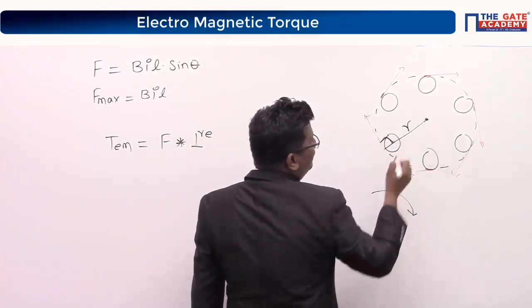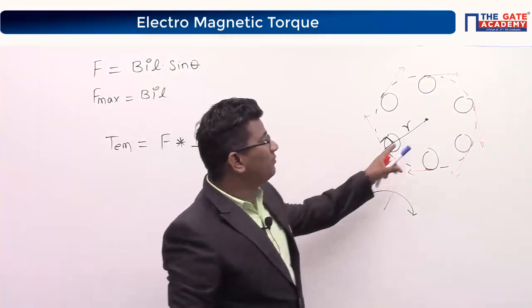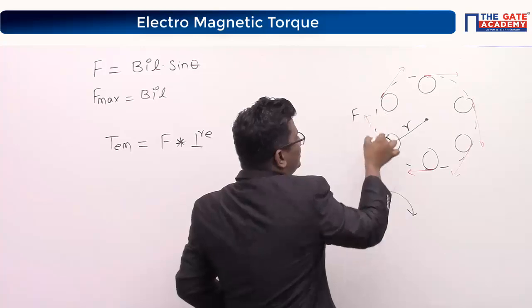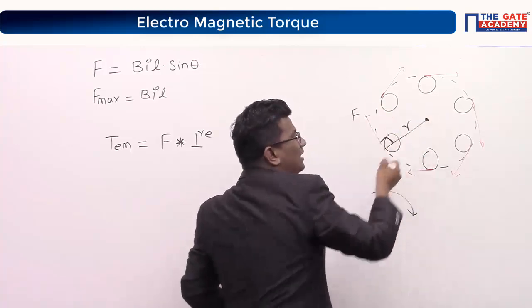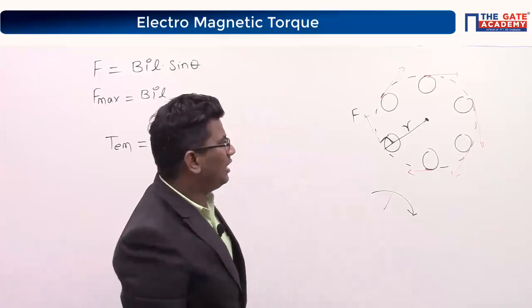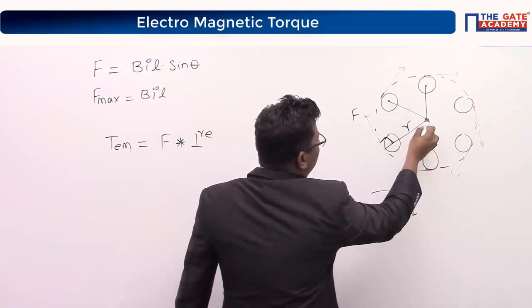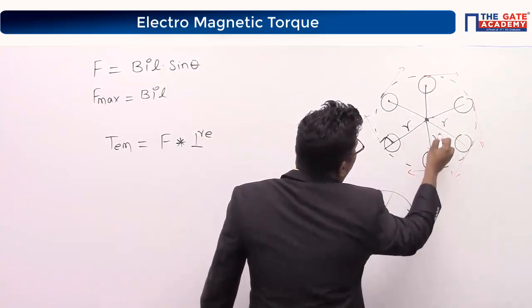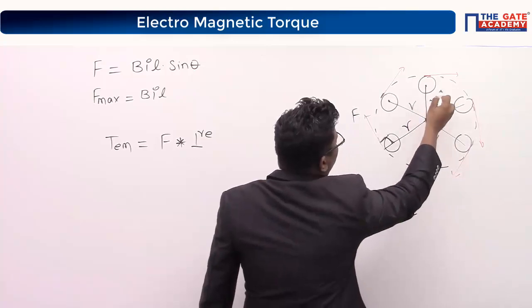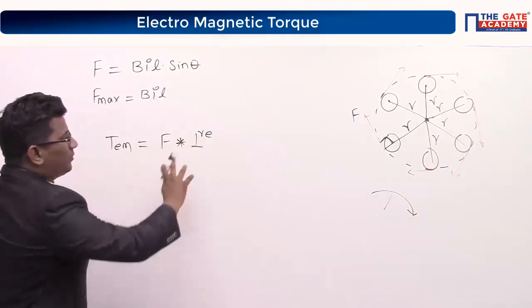Perpendicular distance from the center of the rotation. Look here, this is our force vector, this is our center of the rotation. Now, is this a perpendicular distance? Yes or not? From here to here, here to here, here to here, like this. Perpendicular distance, right? Now, torque is equal to force times perpendicular distance.